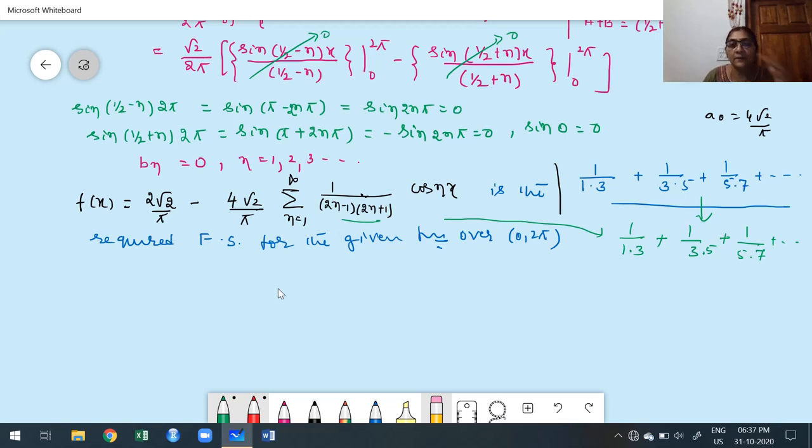It looks like this summation requires evaluating the series only, but we don't want cos nx. I have to make cos nx equal to 1, and I want to retain this. I don't want that. Therefore, with my range 0 to 2 pi, what are we going to take? Put x equal to 0. What is cos 0? It is 1. Now, in the next step,